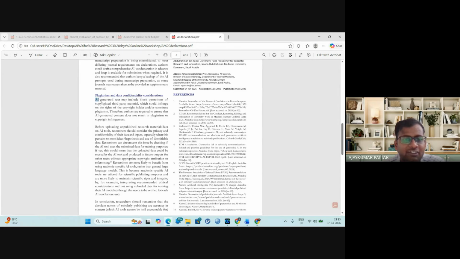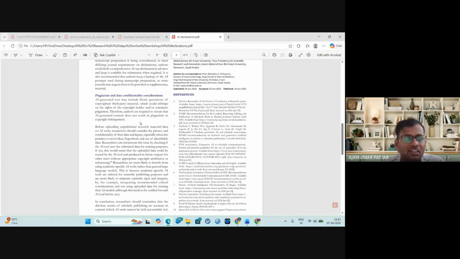But AI generated text may include block quotations of copyrighted third-party material which could infringe the rights of the copyright holder or constitute plagiarism. So this kind of plagiarism is possible while we are using any material generated from the AI, because